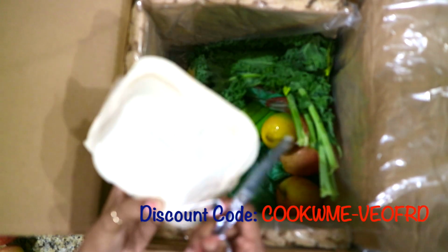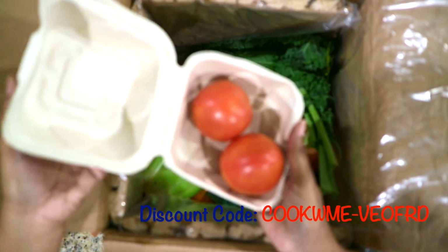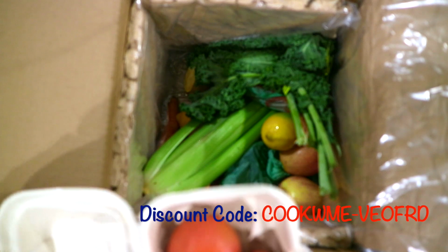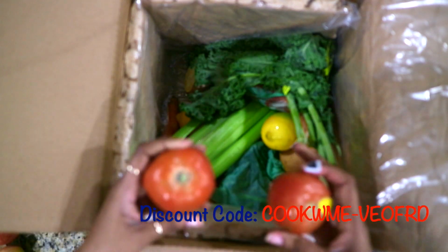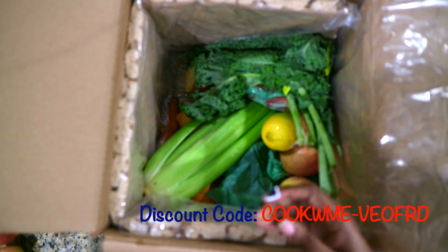Because this is going to be oranges. Everything looks the same in there. Yeah, 2 tomatoes. And these tomatoes look good as well. They got a little blemish on them, but nothing bad. So I'll be making me some